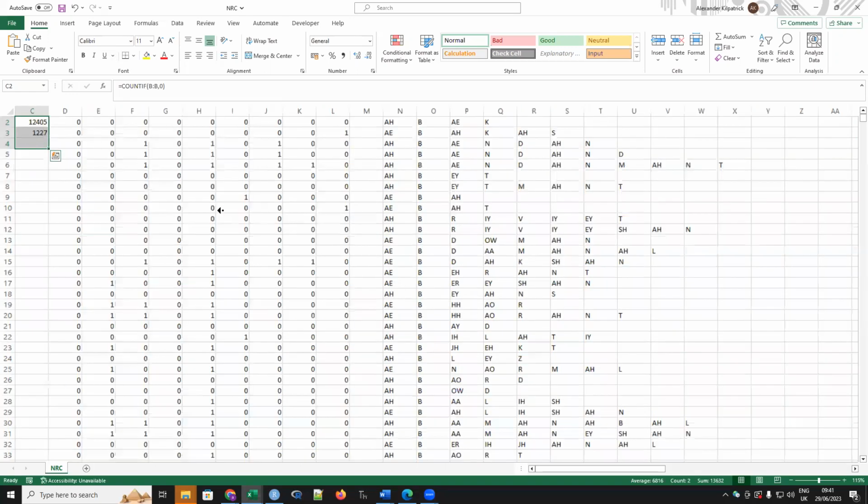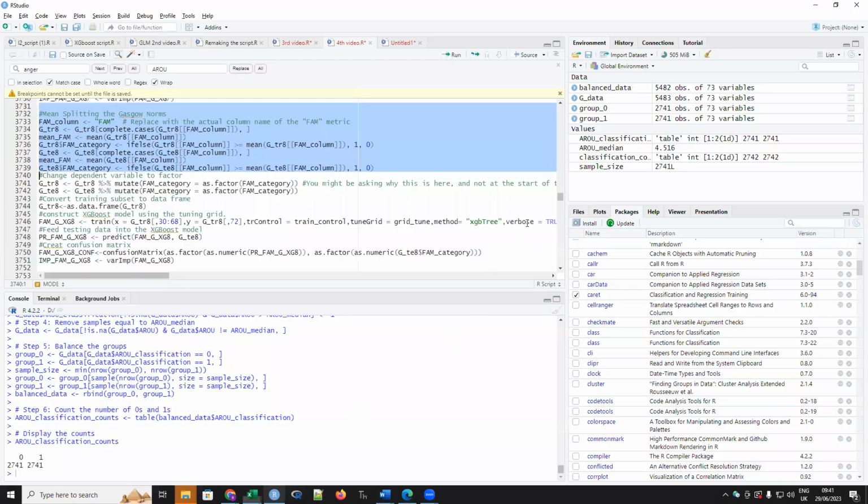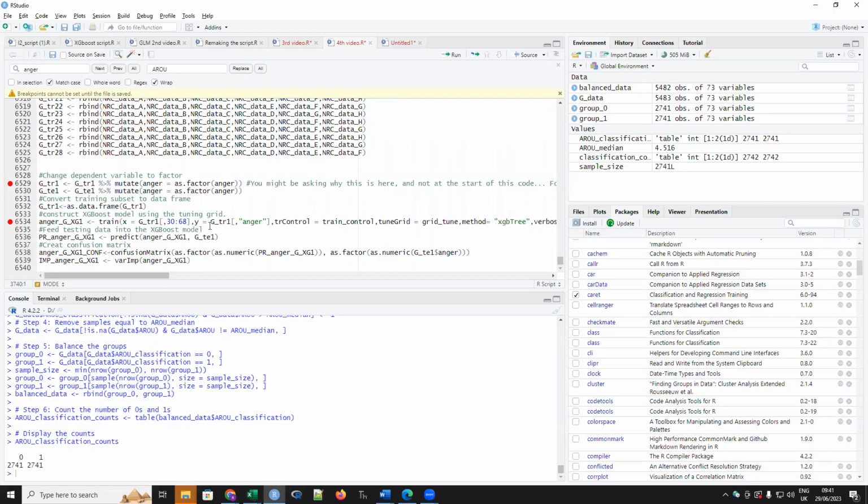Let's zoom in a little bit. All right. So what kind of effect is this going to have on an XGBoost algorithm? Is the algorithm going to overpredict to that null category because it understands that about 90% of the samples are null? Well, we can test that.